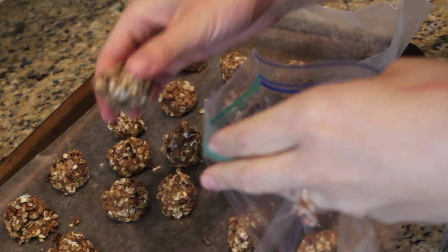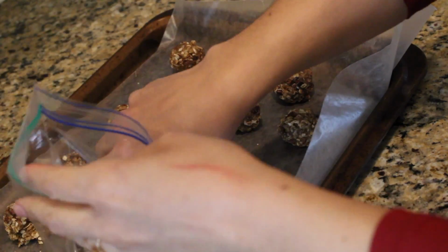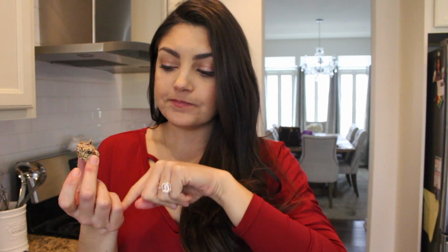They are rock solid, and I'm just packing them into Ziploc bags, and then you can store them in the fridge or the freezer. Cool thing, they're really rich, so don't be deceived, because even the first time I made these, I was like, there's like nothing to these, it's just oatmeal. They're super filling, and if you are somebody that likes a lot of crunch and texture, I would definitely substitute